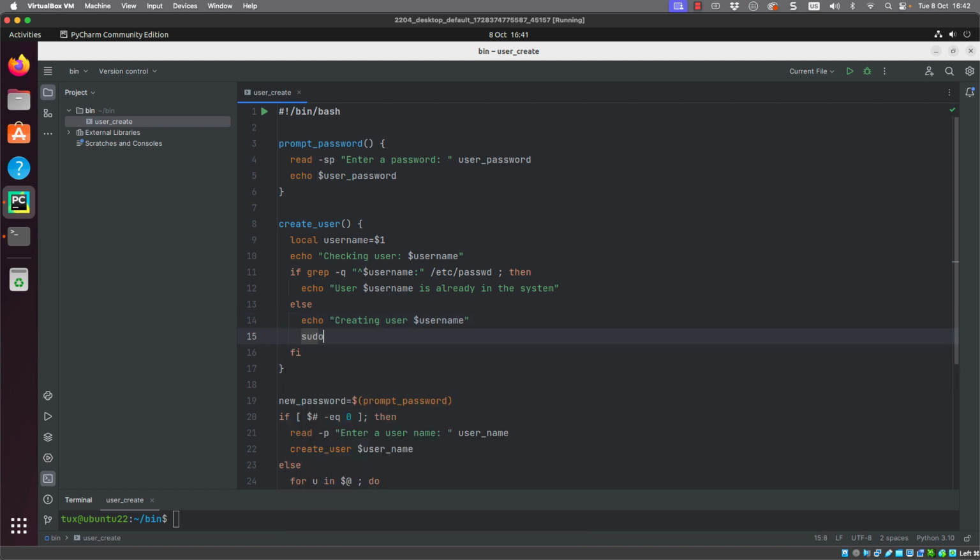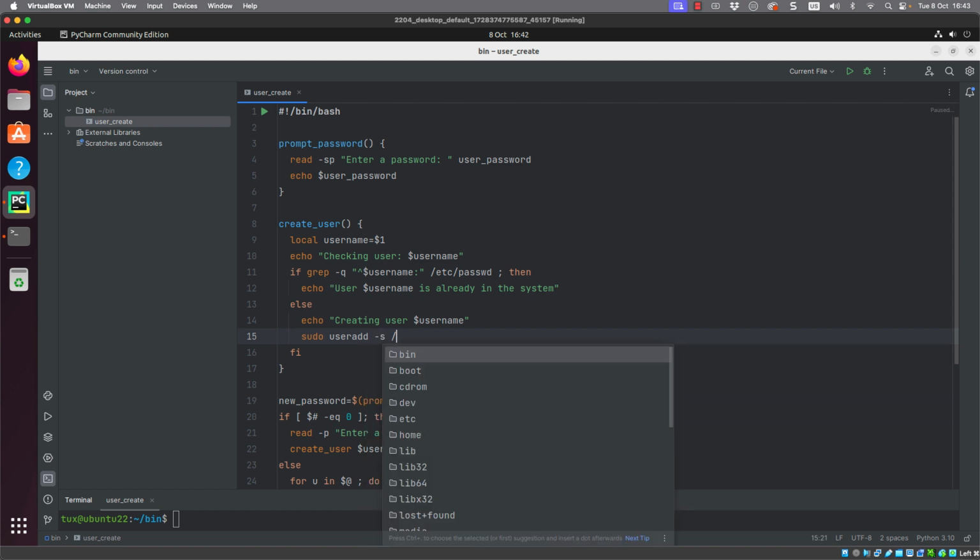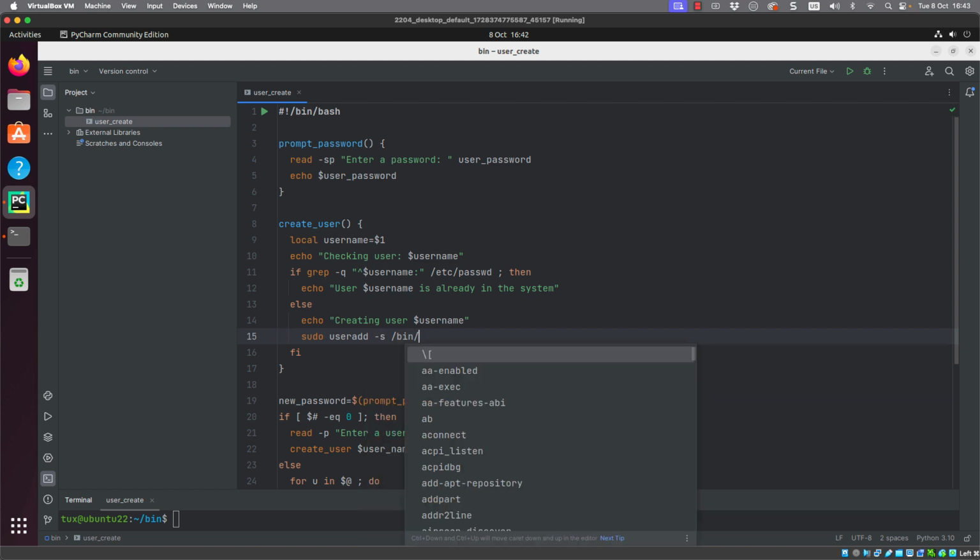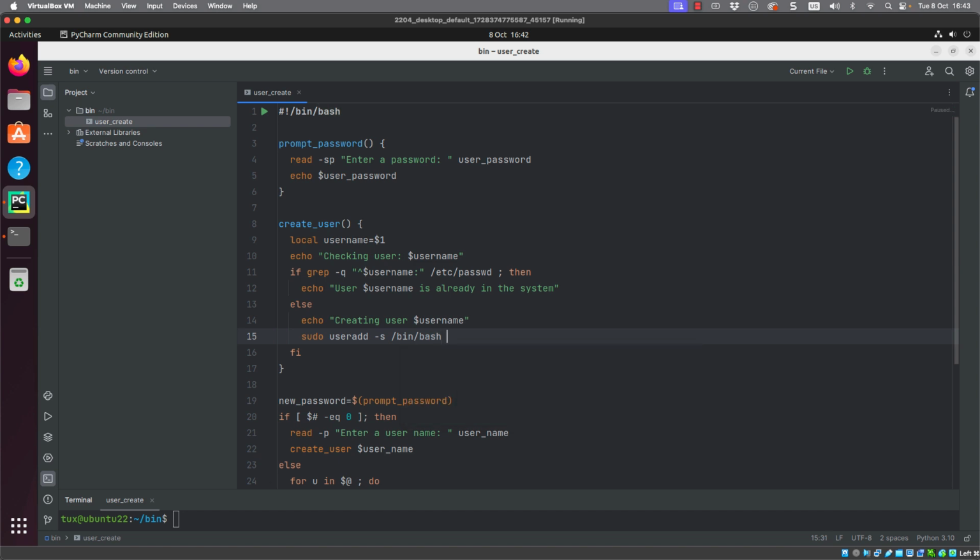As I go through now in my create user function, we can run the sudo and useradd, so elevating our privileges. But the nice thing about using the script is I don't have to worry each time I use useradd that we're setting the right options. I can make sure they're set once and for all inside of the script.